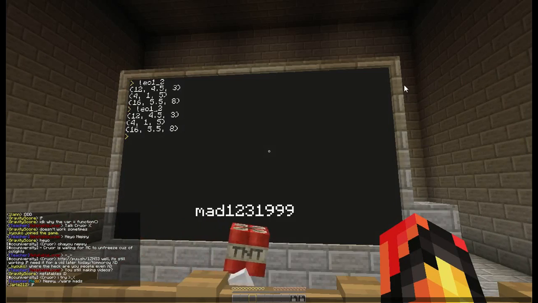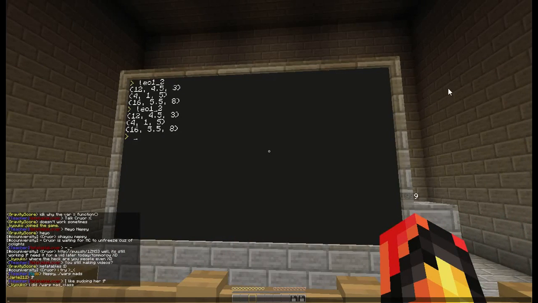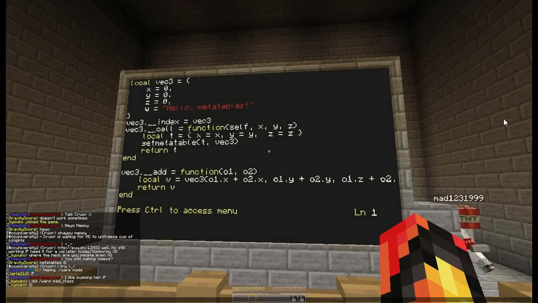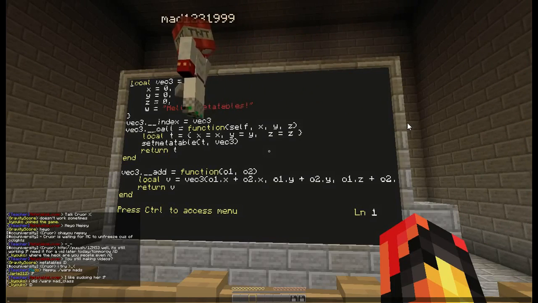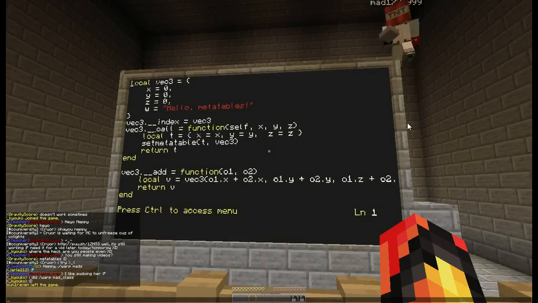Oh, I should probably just edit it so you can see. So edit, leg 1, 2. So now if you write the code, which is on the monitor, you should hopefully see the same result as me, which is that it works, but it looks a lot neater, and you don't have to use two